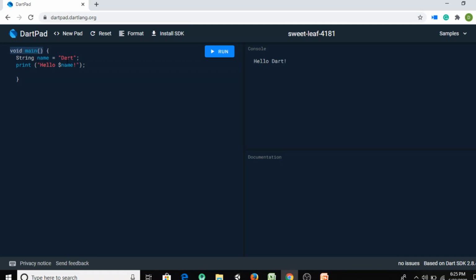You can use single quotes or double quotes to contain strings, not a problem. The print hello and $name line calls the print method passing a string. The interesting part here is that instead of doing a concatenation, by using the $ sign you are inserting a variable into the string without closing it nor using the plus concatenation operator.